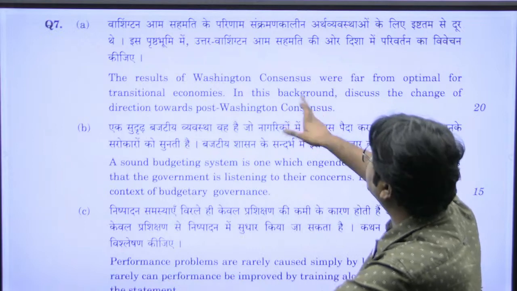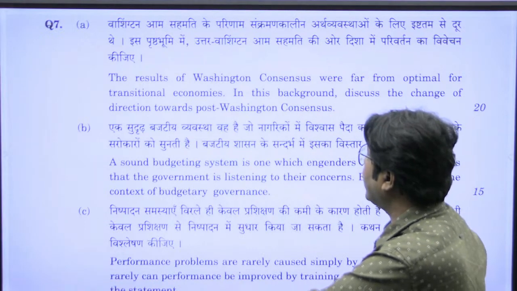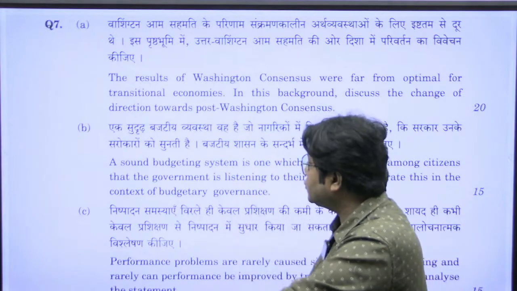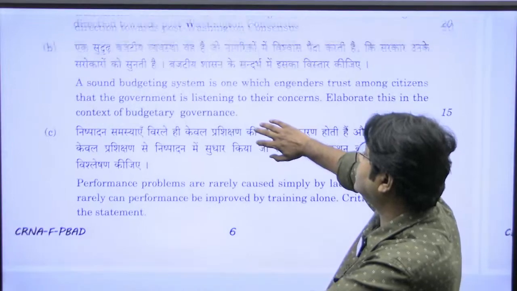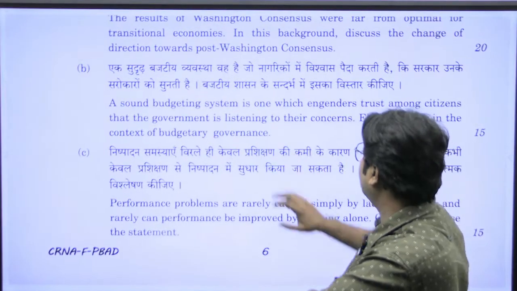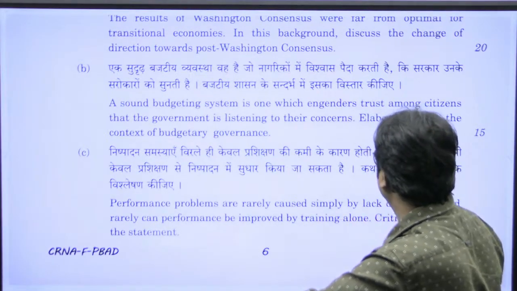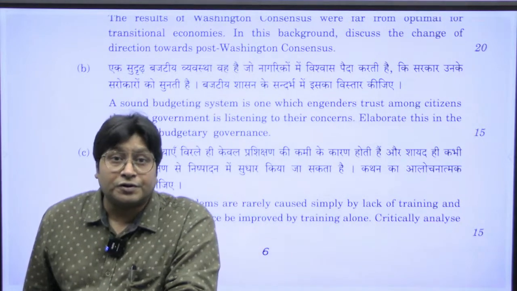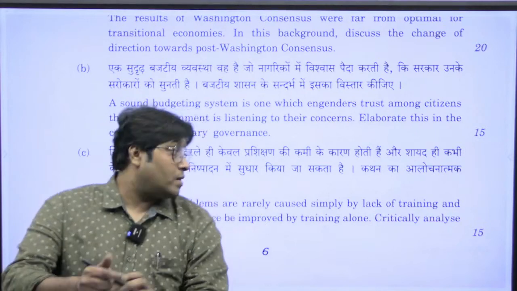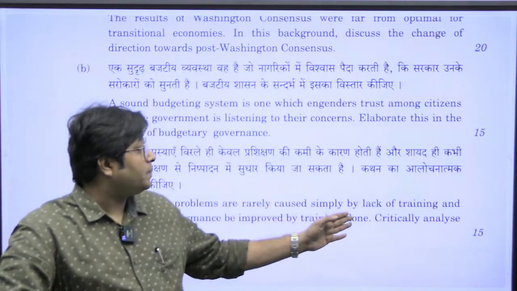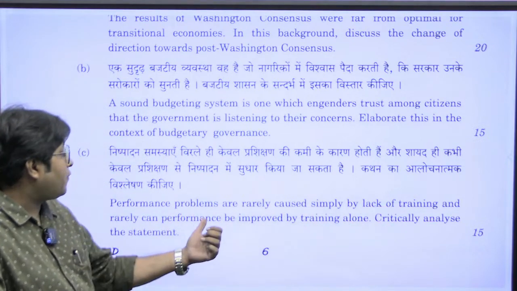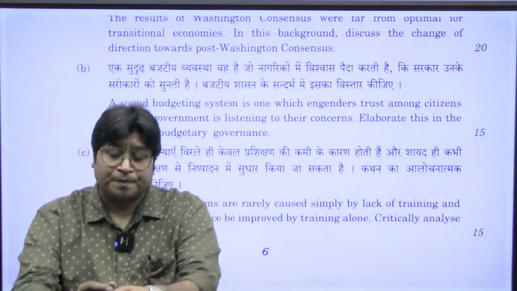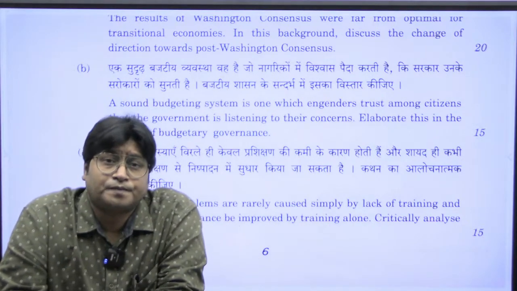Even though this term was used in two perspectives, two dimensions, right, but generally it is taken to the neoliberal reforms, as you know. Sound budgeting system, again this is a usual question. Performance problems are rarely, this is also a very general question, but yes, it's quite important because it is with respect to personal administration, administrative reforms. Performance problems are rarely caused simply by lack of training, and rarely can performance be improved by training alone. Critically analyze this. Obviously, the performance appraisal systems, like